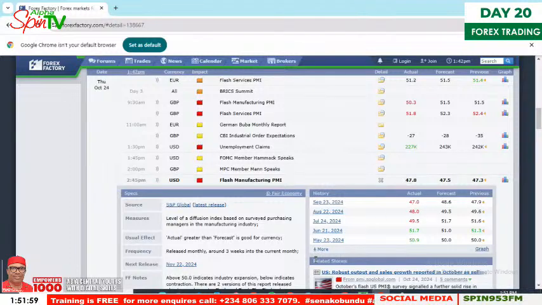Now, the second thing for you to take note of is the usual effect. What did I say? The usual effect. Look at it here. The usual effect. Now, they said, on the usual effect, actual greater than forecast